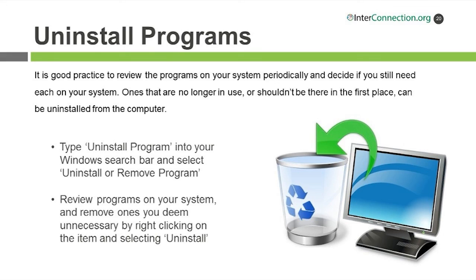So all you'd have to do is just find the program that you want and right-click on it and select uninstall. Now sometimes it'll pop up with the Windows version of uninstall, which is very simple and you just follow the prompt. Sometimes it'll pop up with, say you're uninstalling like McAfee or something of that nature. McAfee will have their own uninstall program that will pop up, and you'll have to follow the prompts, and it'll say, do you want to uninstall it? And I'll say yes. And I'll say, do you really want to uninstall? I'll say yes, yes, and then it'll ask you another 4 times, and then finally you'll get to uninstall it. But generally speaking, all you have to do is just follow the prompts, and it'll get you to